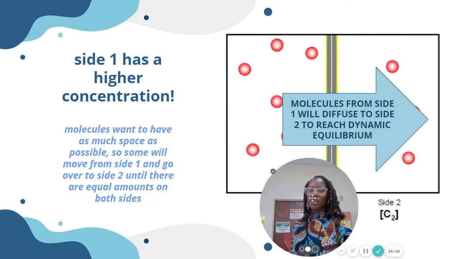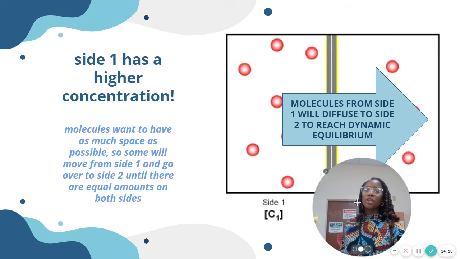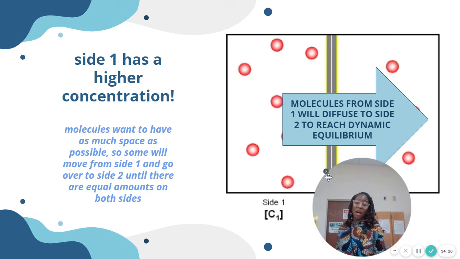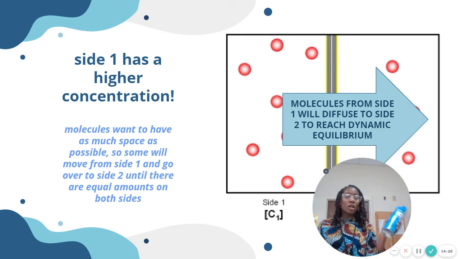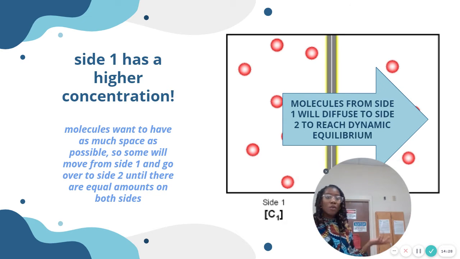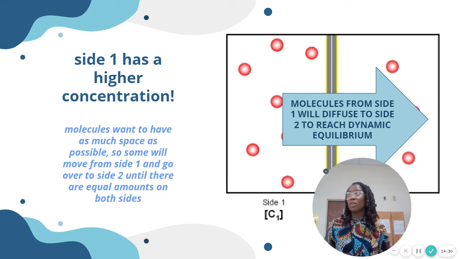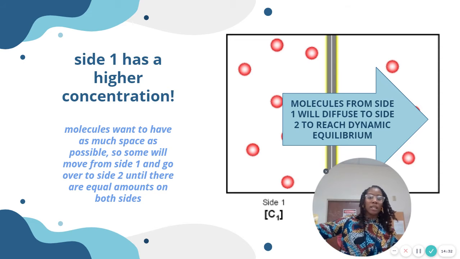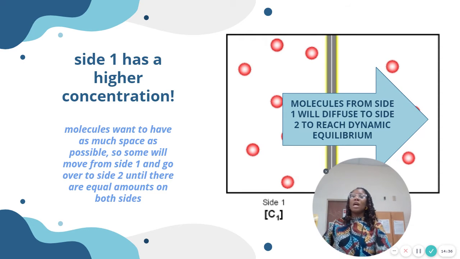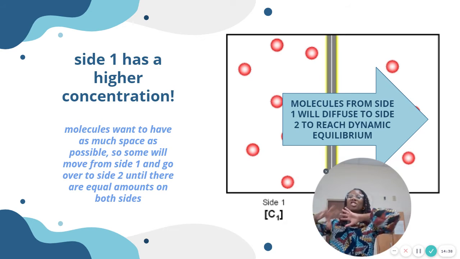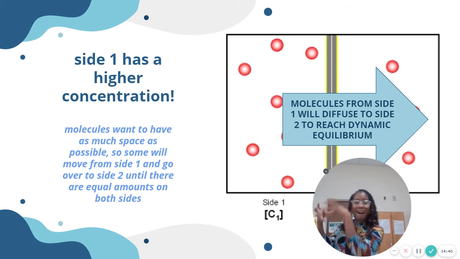Okay? So molecules want to have as much space as possible, right? They just naturally do it. You saw that example with dropping the food coloring in the beaker and it spread out. And then you just saw the example with this. You also have experienced the example when you've smelled food from someone cooking in the kitchen, you can smell it all the way in your room. That's diffusion, right? Those molecules naturally want to have as much space. They're going to spread out. So they're going to go from the area of high concentration and they're going to spread out to areas of